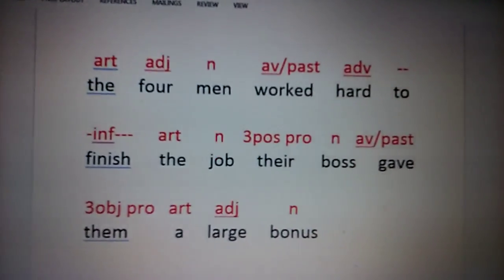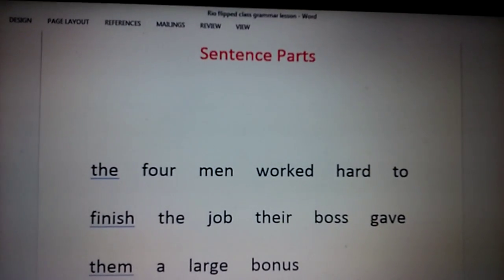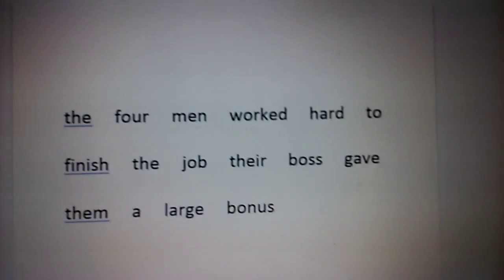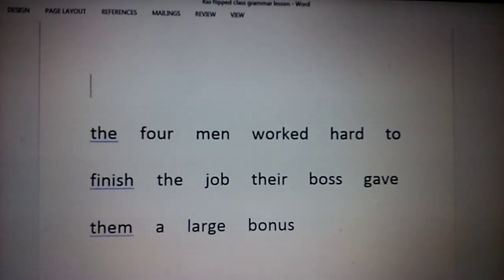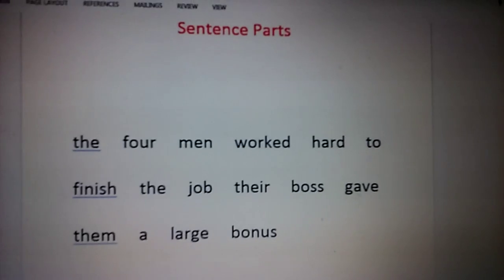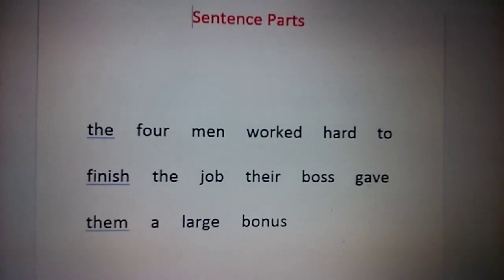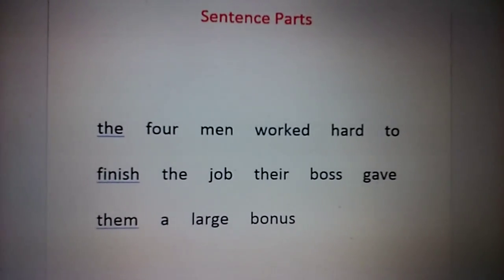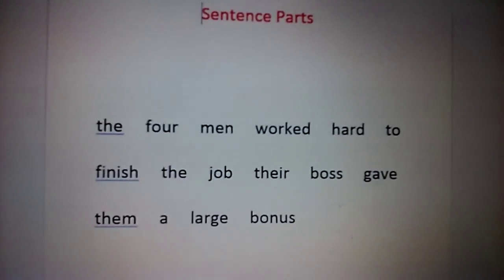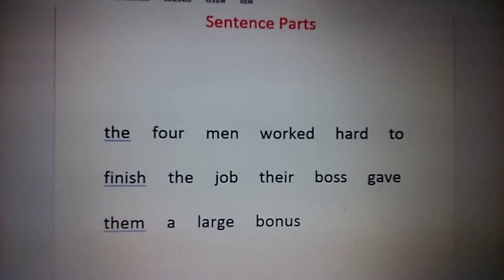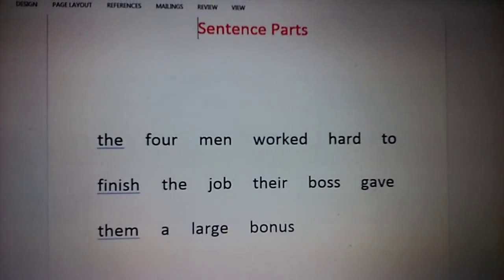Okay, I hope that you got all that right. If you didn't, you can certainly do it again and try to get it. Okay, so now let's go back up. Now we have our sentence parts. You're going to find your subject, your verb, label it whether it's transitive or intransitive, find any prepositional phrase, any infinitive phrase. You're going to label every noun, if you have direct object, indirect object, etc. So go ahead and pause this, and when you're finished, come back to it.